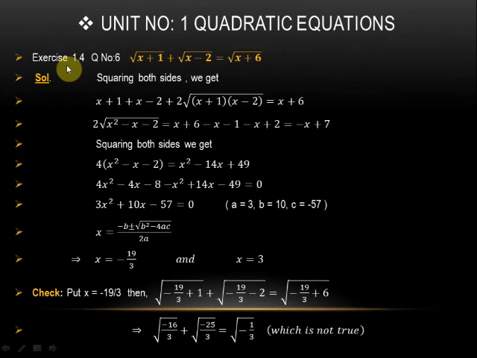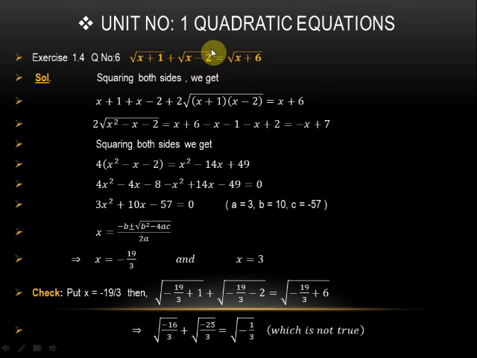Students, now we take question number 6 as an example. Under root x plus 1 plus under root x minus 2 is equals to under root x plus 6. Like the previous question, squaring both sides, we get,